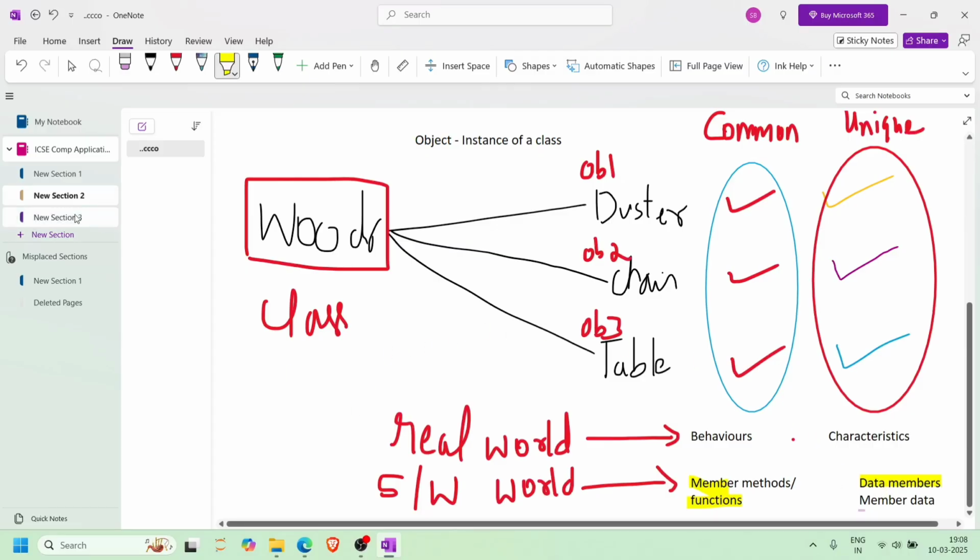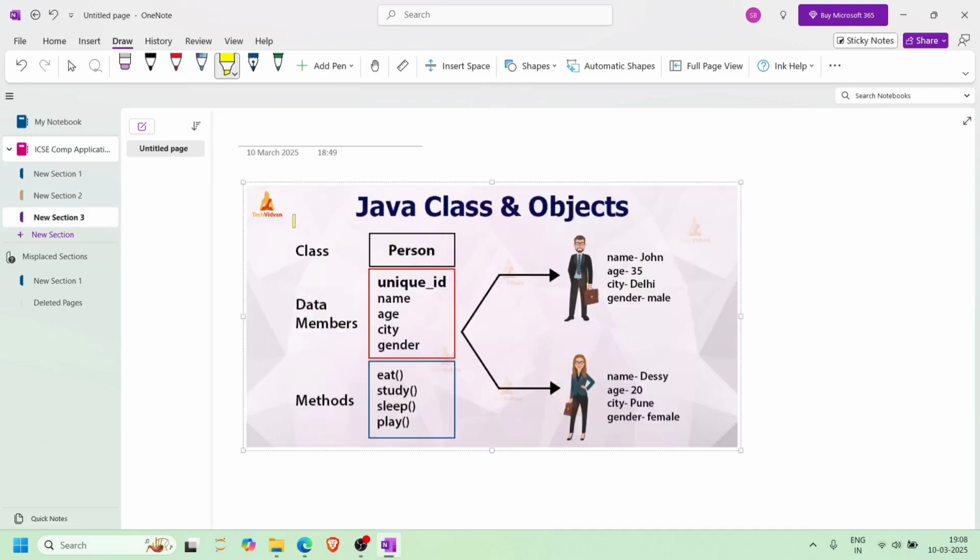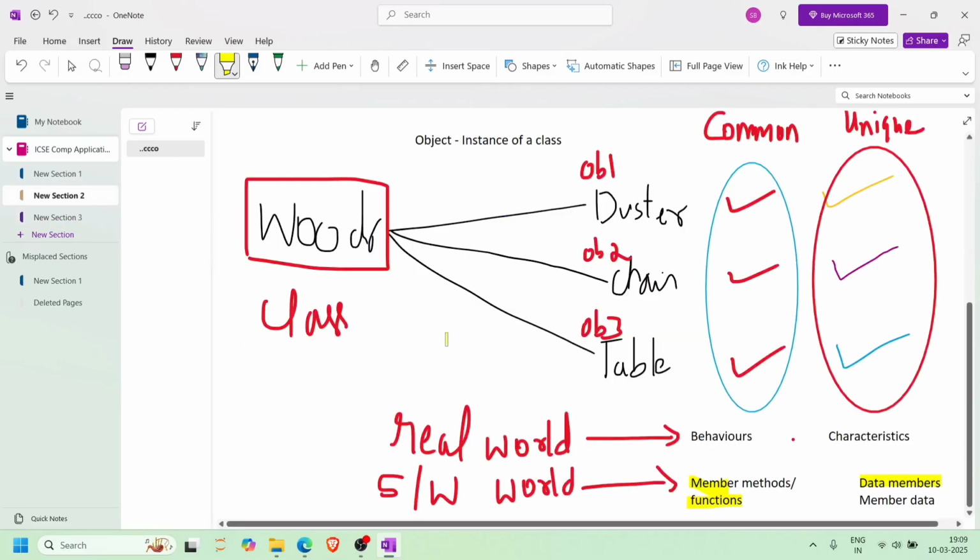So let me take another example here. I have downloaded it from the internet. Here the class name is Person. What is the class name here? The class name is Person. Using this class we have created two objects. The first object is John and the second object is Desi. Before learning more about this diagram, I'd like to introduce you to the